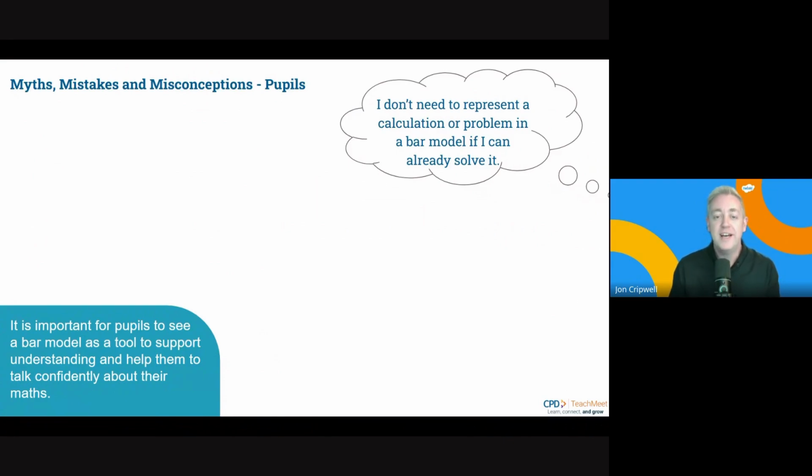I would suggest there are often a subset of pupils in a class who just feel that they know the answer, and therefore they don't need to represent a calculation or a problem with a bar model if they can already solve it. That sort of makes sense on one level, doesn't it? If all we value in a maths lesson is finding the answer, then there's no point in having a bar model, is there? My argument would be, and I think Becky's argument when she put this particular slide together,